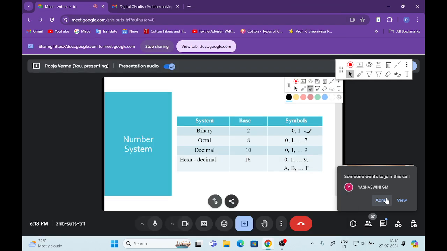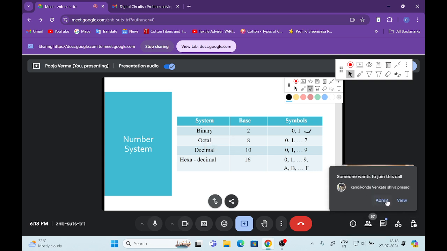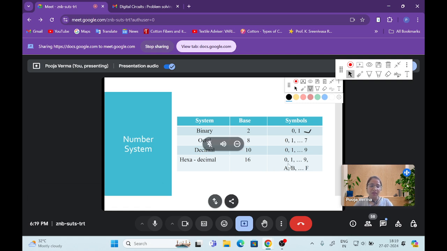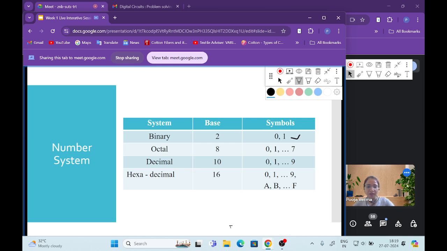And then the octal number system. The octal number system is represented by base 8 and the symbols available are 0 to 7: 0, 1, 2, 3, 4, 5, 6, 7. In the decimal number system the base is 10 and it is represented by 0 to 9. And then the last one is the hexadecimal number. The base of the hexadecimal number is 16 and it is represented by first 0 to 9, and after that